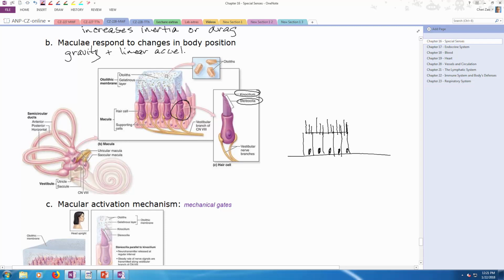What you need to realize, and I'll put a little bobble at the top, is that the kinocilium is like a little rope that's going down and attached to the doors or gates of